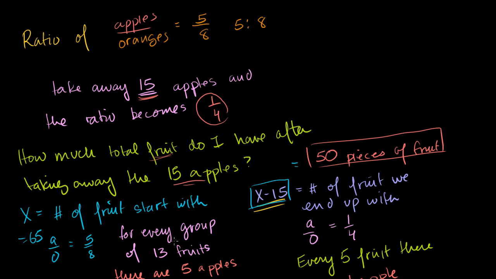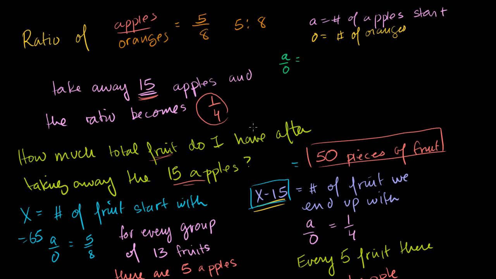The last time I kind of talked through it and used a lot of words. Let's see if we can do it a little bit more algebraically. So let A equal the number of apples we are starting with. And let, I guess, O equal the number of oranges. That doesn't change throughout the whole problem. So we're starting off with A apples and O oranges. So the ratio of A to O,